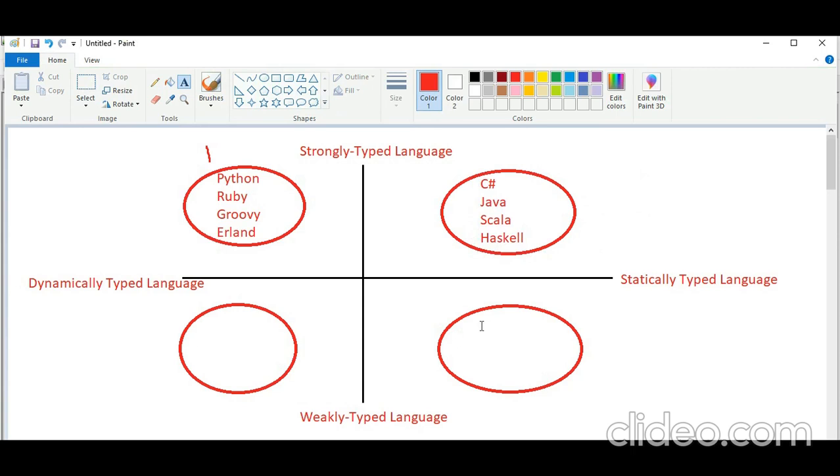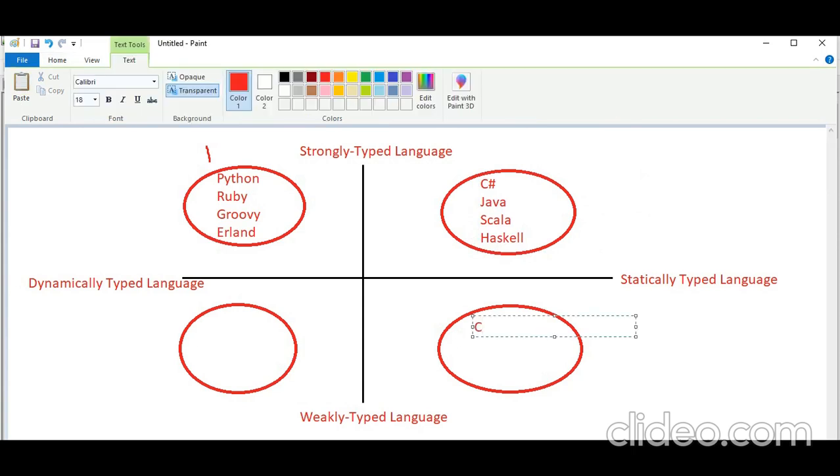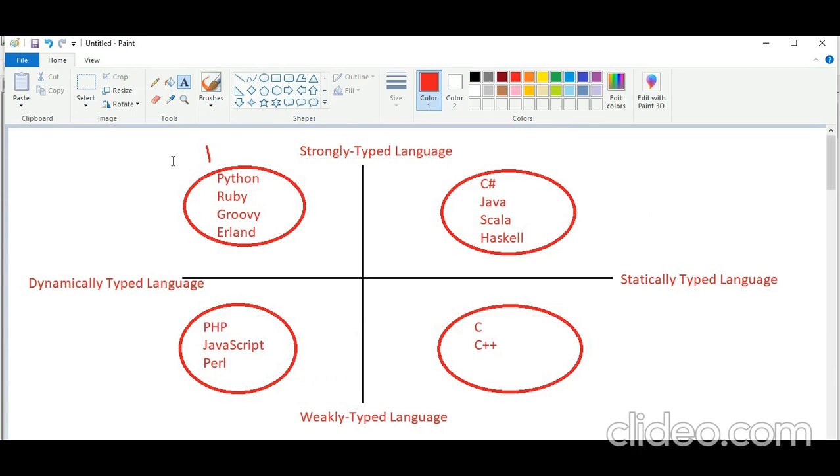Next, the weakly and statically typed languages: the best examples are C and C++. For dynamically and weakly typed languages, PHP is there, next JavaScript and Perl.